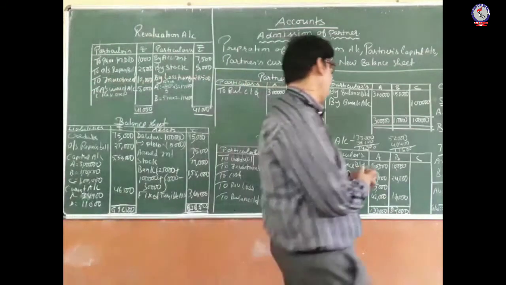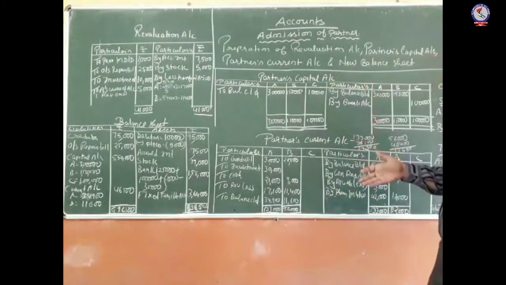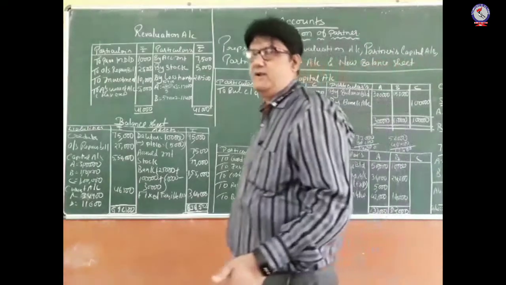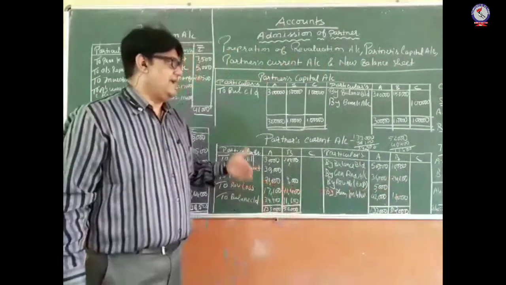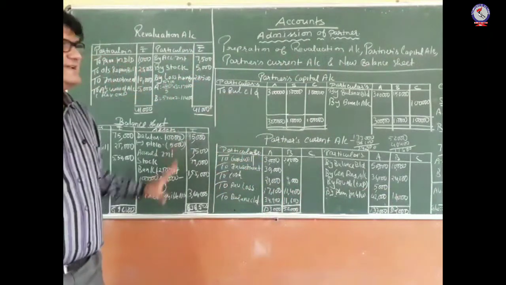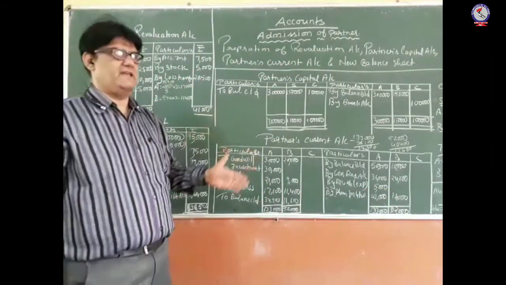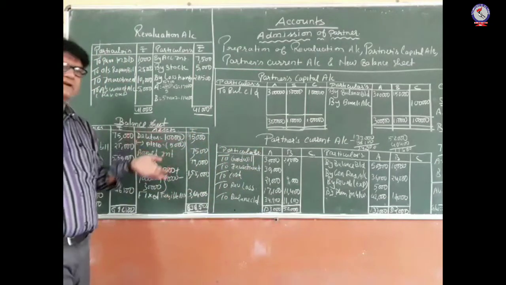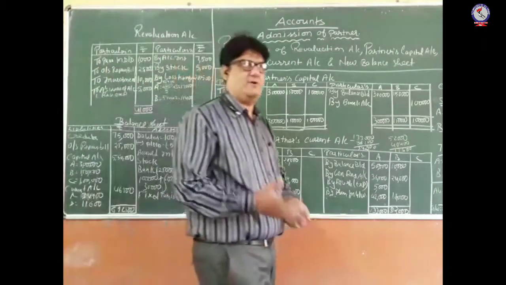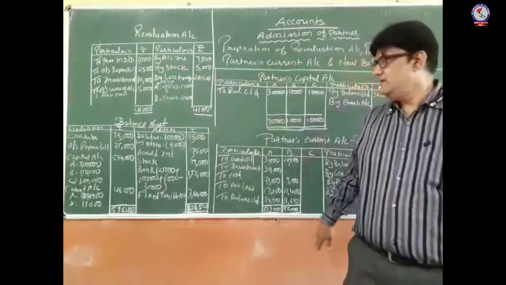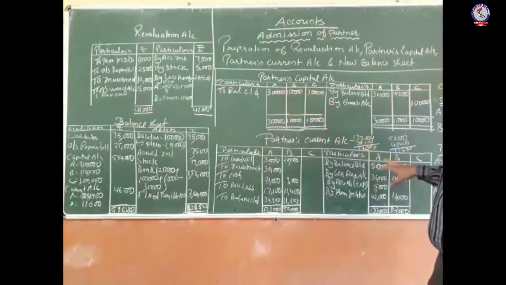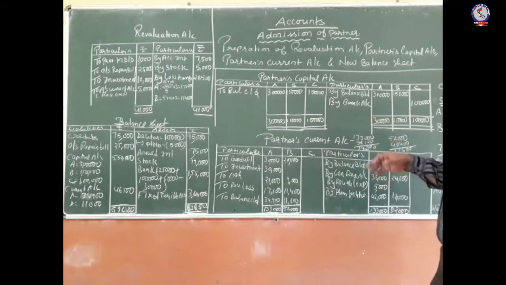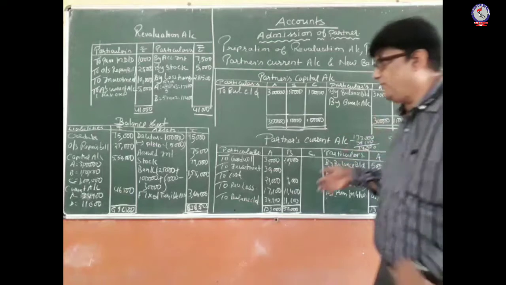So this is how we have to perform the comprehensive numerical when we are supposed to prepare the partner's capital account, current account, revaluation account, as well as the new balance sheet with the various adjustments. And what we have observed is that each adjustment has a two-fold effect. Each adjustment has two effects. That is the basic concept related with the adjustment. So now you will be able to perform the various adjustments properly and show how we have to post the adjustments in a proper manner.